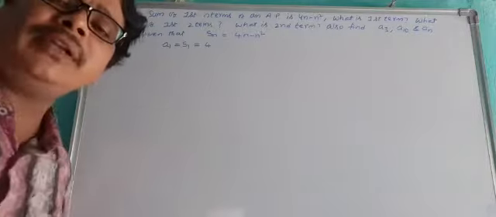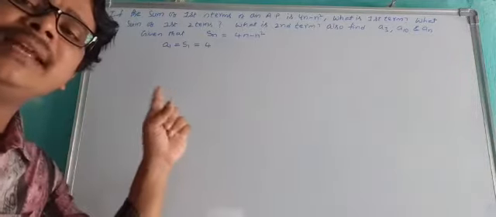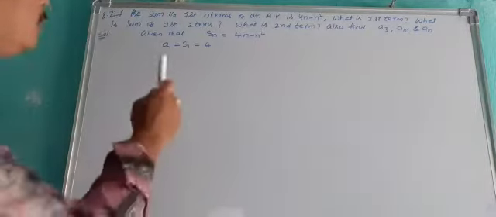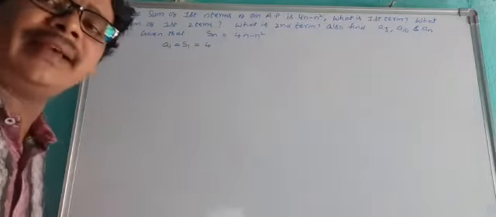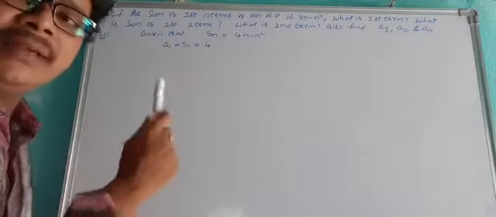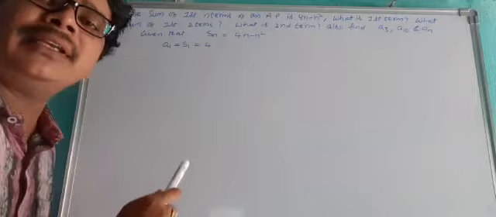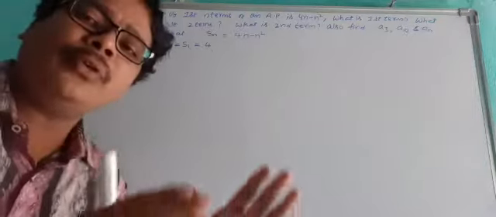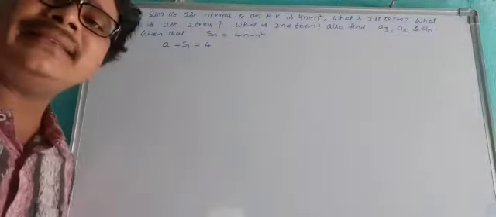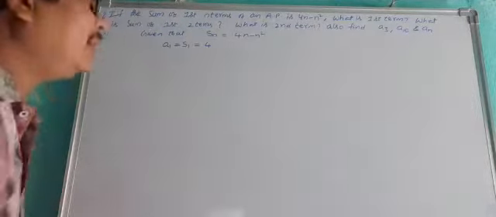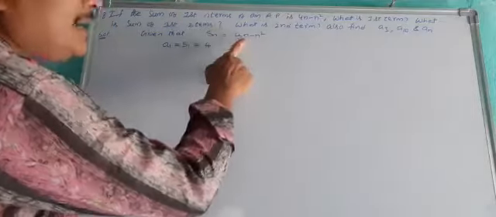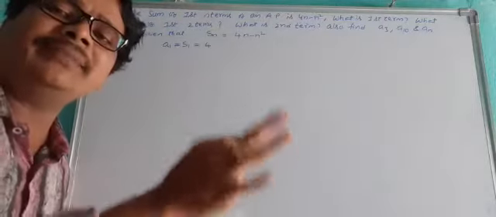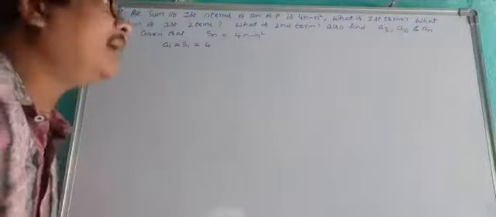In our previous video, we discussed 6th and 7th sums. Now we have to discuss the 8th sum in the third exercise. This is a very important question and different from this concept. If the sum of the first n terms of an AP is 4n minus n square, that means Sn, the sum of n terms, is given as 4n minus n square.